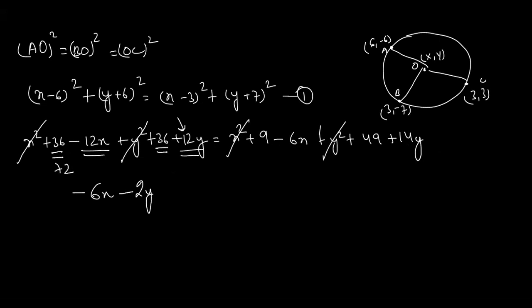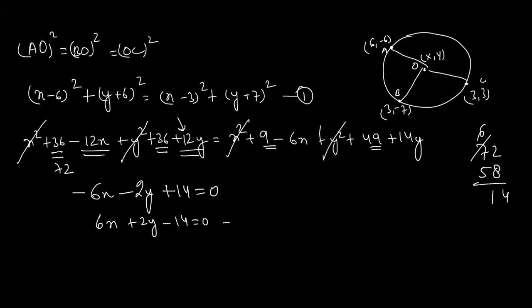Here we have 9 and 49, so you will get 58. This 58, when it comes to this side, becomes negative. So 72 minus 58 gives you 14, and you can write plus 40 equals to 0. That's all, we have done this one. This is the first equation, or taking minus as common, you can write it as x plus 2y minus 40 is equal to 0. This is our first equation.